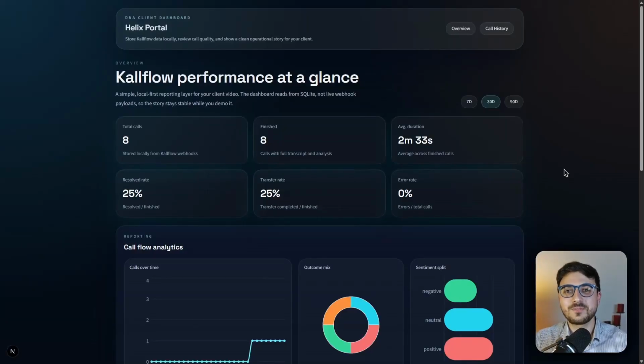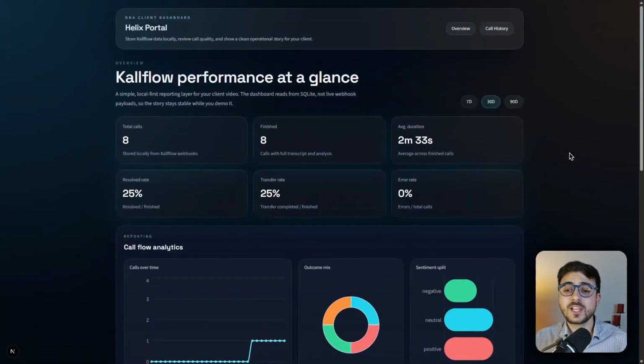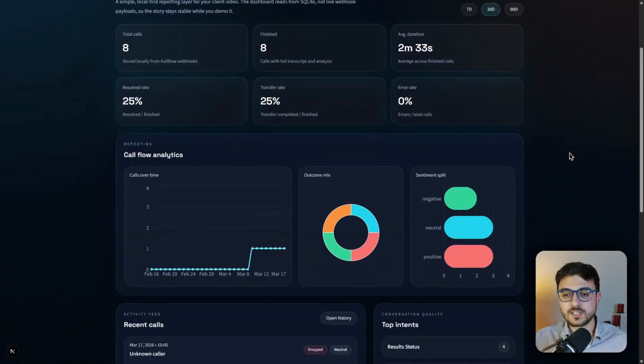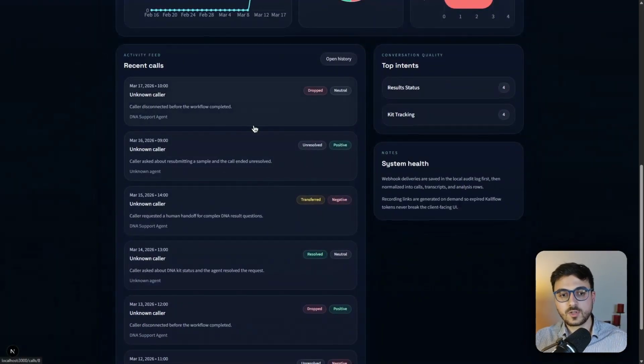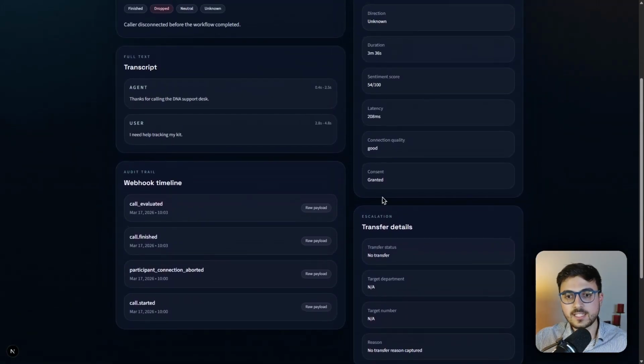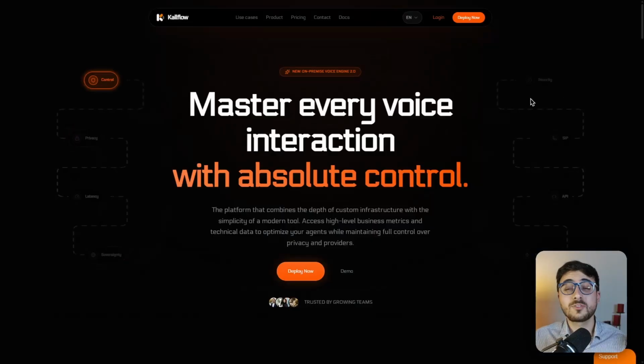Hey, today we're going to see how to use Claude Code, Codex, or any AI agent of your choice to create this customer portal or custom app for your AI voice agent customers, so that they can see how many calls the agents are taking, how they are going, the outcome, and the different transcripts in case they want access to that information. We're going to be using technologies that will make this much easier. To create our self-hosted voice agents and to give that information to the customer portal,